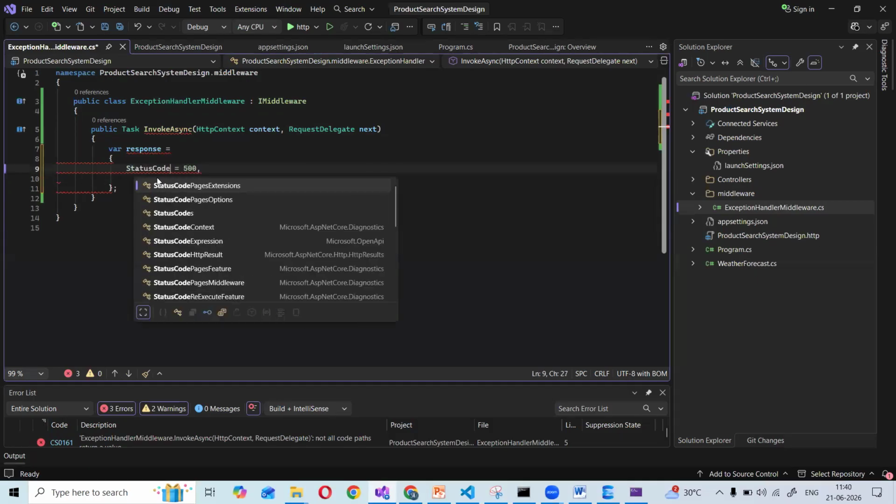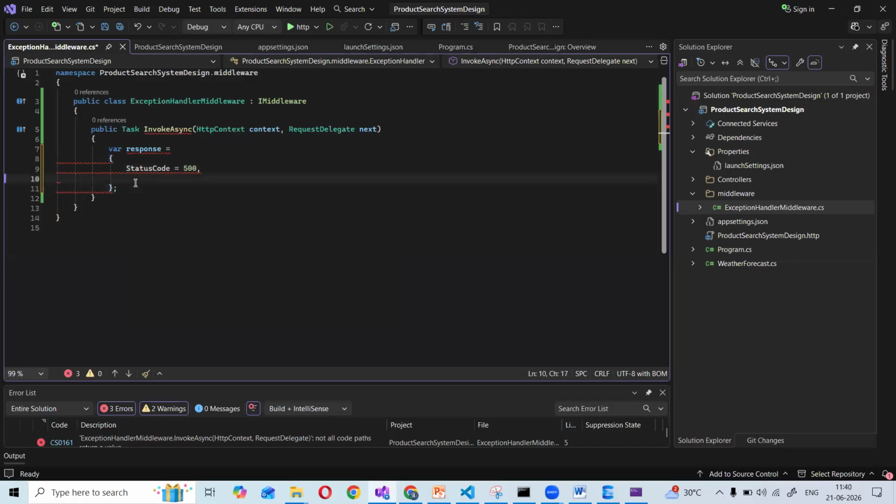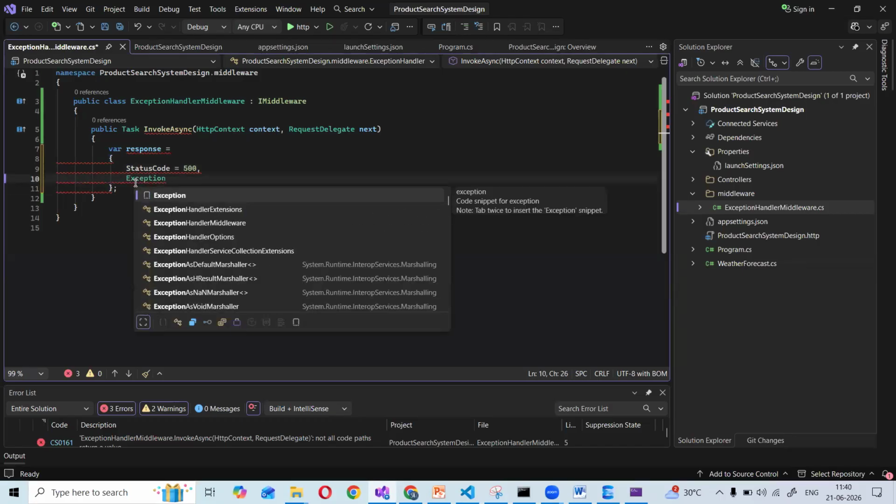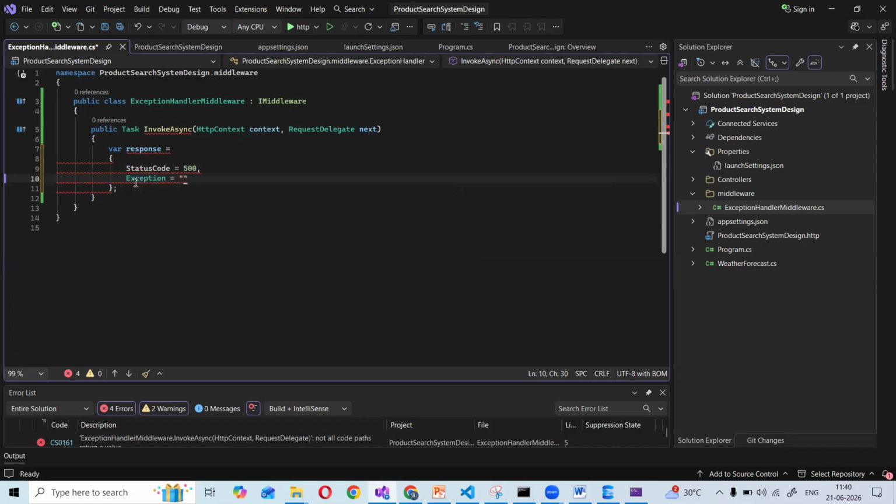Status code. Okay, so next, what is that exception? You can give anything, exception.Message or something. For example, you can give the exception itself also. Okay, I'm simply giving an internal server error.